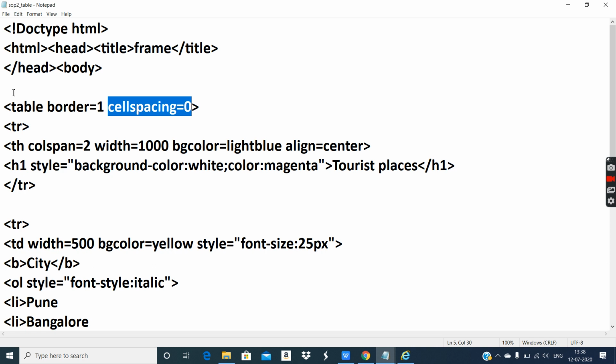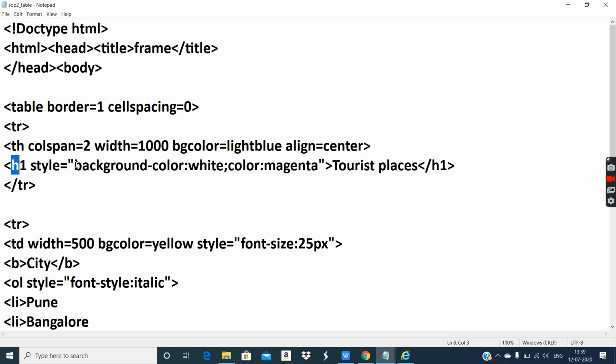Now, TR stands for table row. Okay, so first row has only one cell. And because the cell text is in bold, I used th tag. So you can say then there is no requirement of h1. Then fine, don't provide h1 tag.